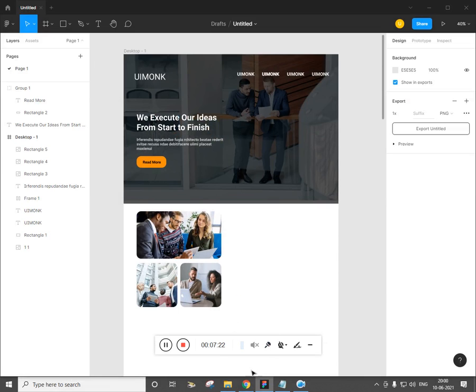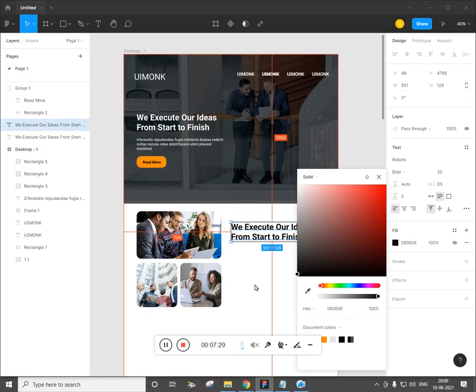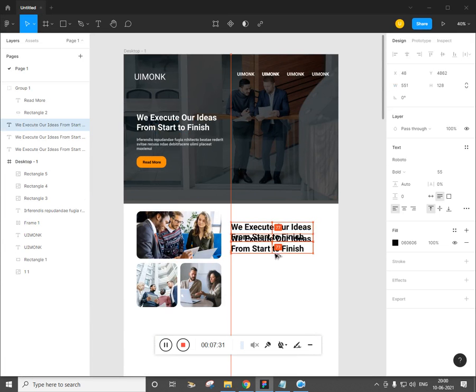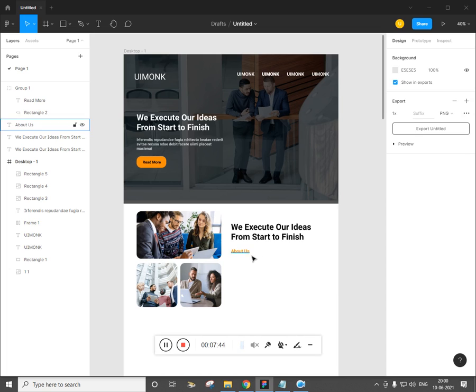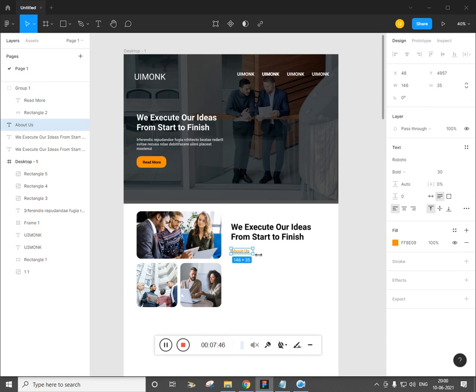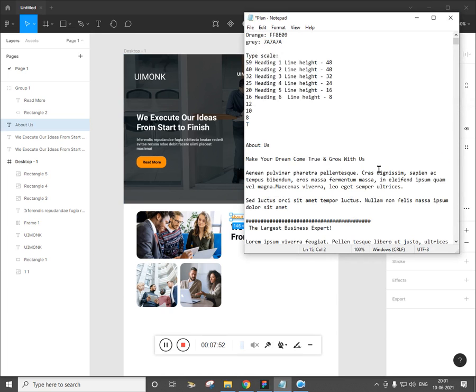Now let's select this one, alt drag, and give the color black, and alt drag, and type about us, and we need to make this small, and give the color, and it takes more width. Now just place it appropriately, and we have our text. We have completed this.